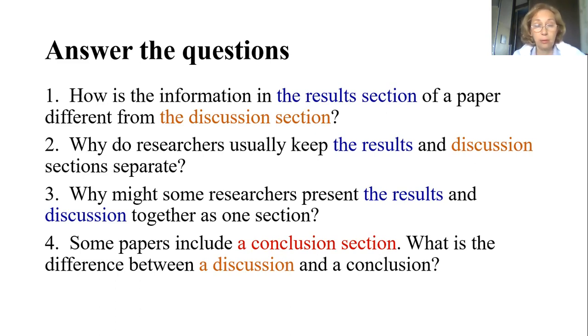And Duman, the last question is for you. Read it, please. Some papers include a conclusion section. What is the difference between discussion and conclusion? I think we have two differences between them. First is that discussion is more subjective and conclusion more objective. Like in the discussion section, we write about our opinion, but in the conclusion, we write a more global idea, and so on. And the second difference, I think, is that